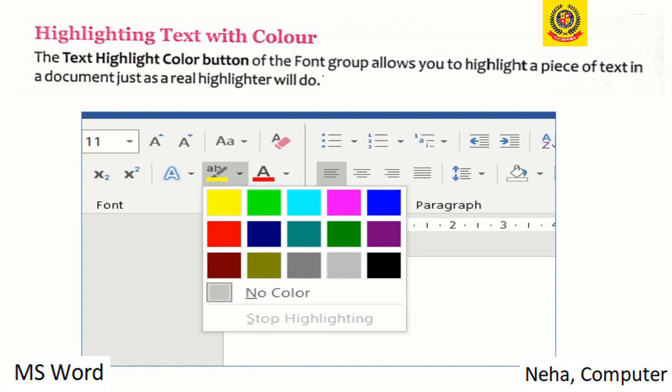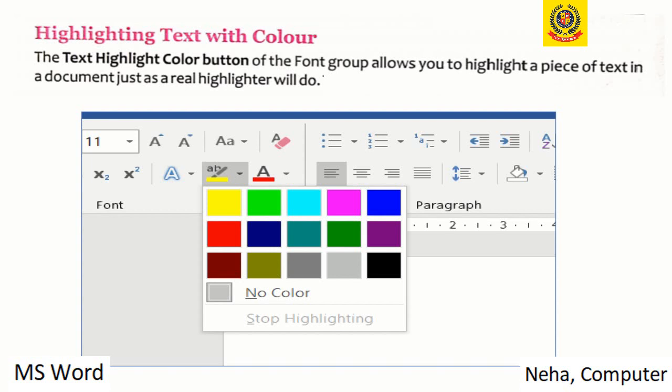Next is highlighting text with color. Now as you use a highlight pen in your notebook or book so that particular word or sentence gets different from the rest of the document, similarly we can do it in Microsoft Word also.